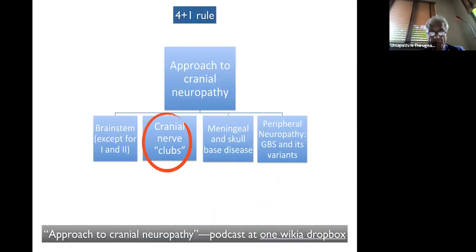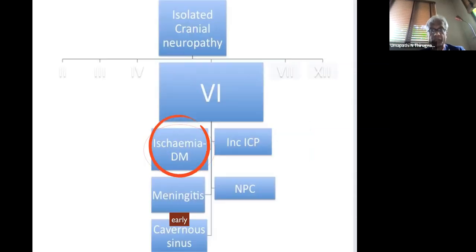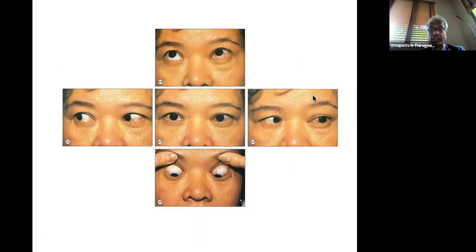Okay. Now, in this particular case, this patient, in addition to the sixth nerve, in addition to the abduction deficit, had decreased sensation of the left face. She also had decreased corneal reflex. Okay, the second cranial nerve was affected because when we tested, visual acuity was much reduced compared to the other side. So in other words, she has a second cranial nerve, a sixth cranial nerve and a fifth cranial nerve involvement. So this localizes to the orbital apex, and indeed you can see the redness of the eye,